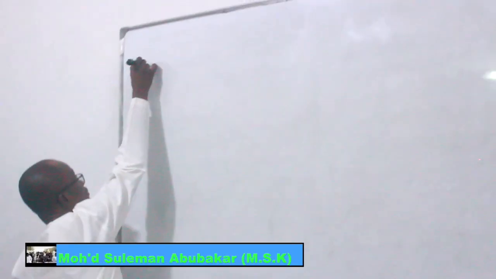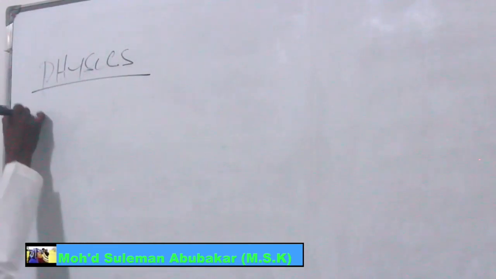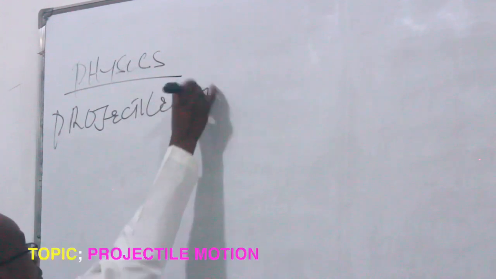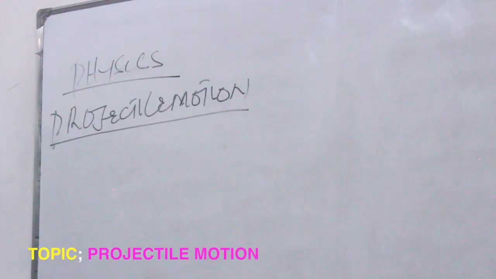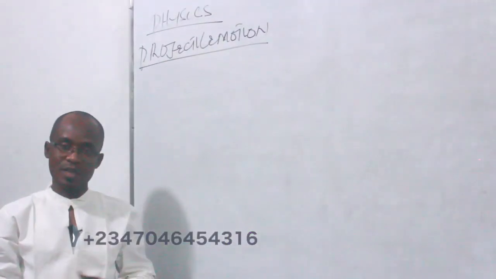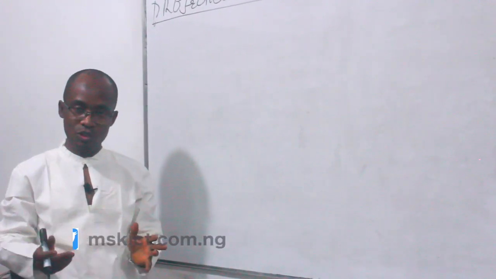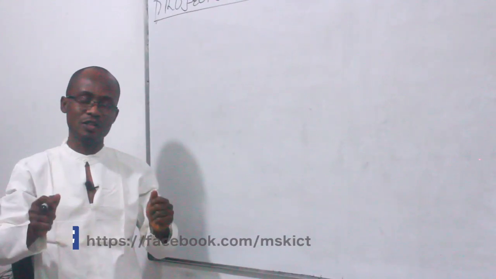Today, we discuss physics. Topic: projectile motion. As we all know, motions are everywhere. We've discussed linear, we've discussed gravitational. Today we take projectile. A projectile motion is a two-dimensional curved motion of a particle with a constant acceleration thrown